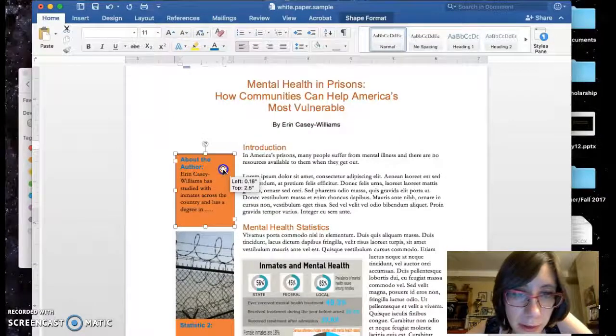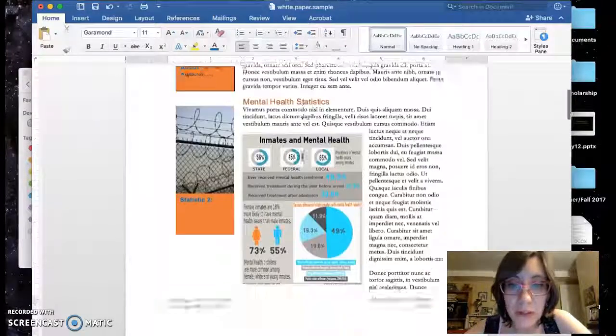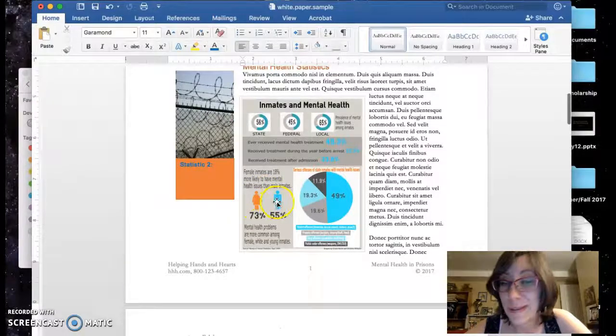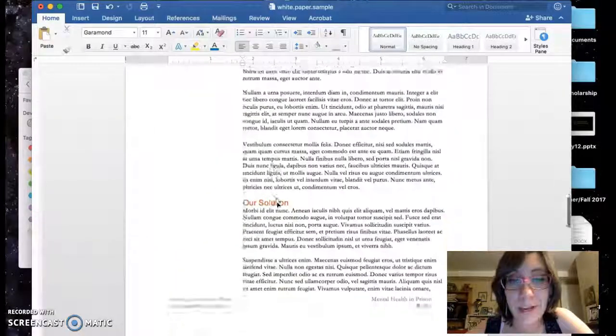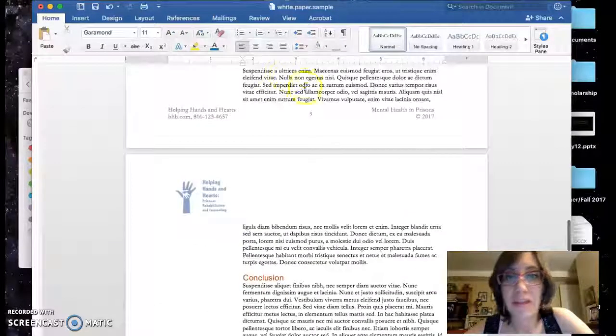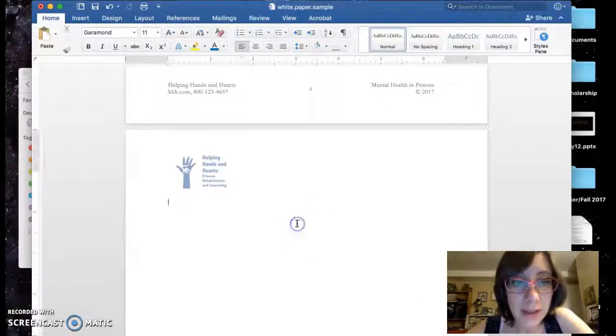My colors are not the greatest, but I think it looks pretty good, pretty professional. I like that this is orange and blue. That's nice. It worked out for me. All right, let's talk about the last page. Okay, so it looks like my report went on for about 4 pages. On the last page,